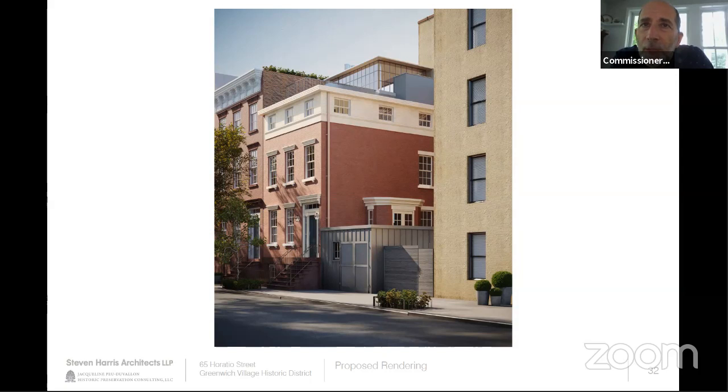I think the problem with this addition is that it looks and reads and has the volume of interior space as opposed to just some kind of shed or a fence. And I think it needs to be a little more recessive in its expression. The fact that it's enclosed space per se doesn't bother me. I think it's the scale, prominence, and architectural firmness of it that is